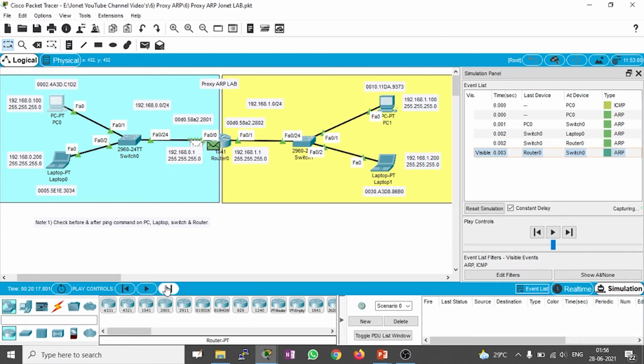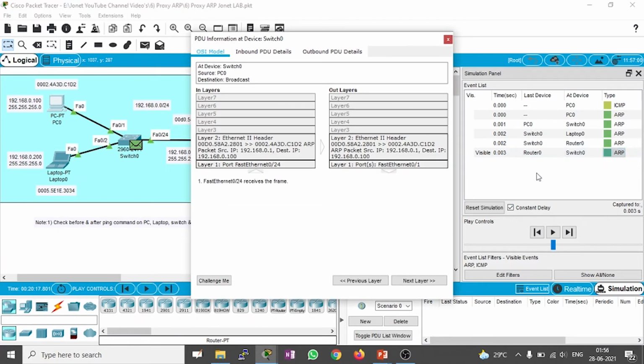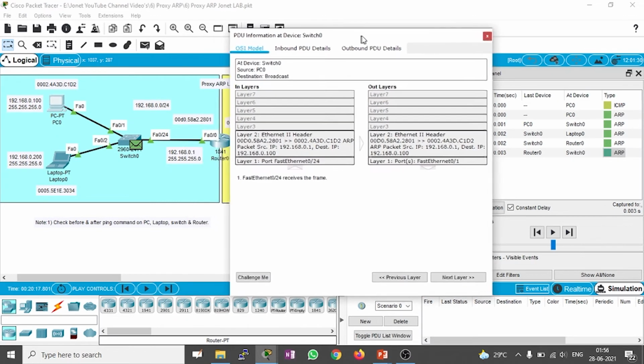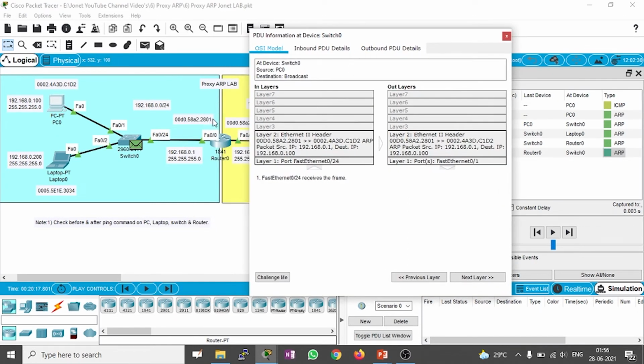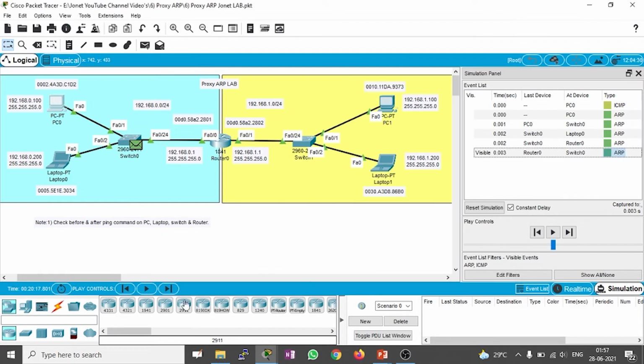Now this router replies to the packet for PC0 with its own MAC address, because the gateway, that is 192.168.0.1, will reply with its 2801 as its own MAC address. Now this reply will be given back to PC0. Now PC0 will accept it.